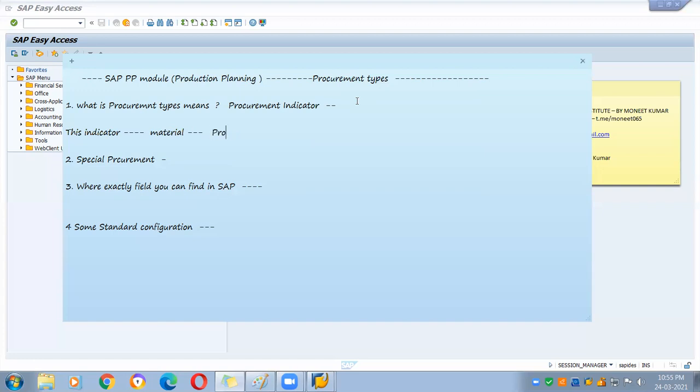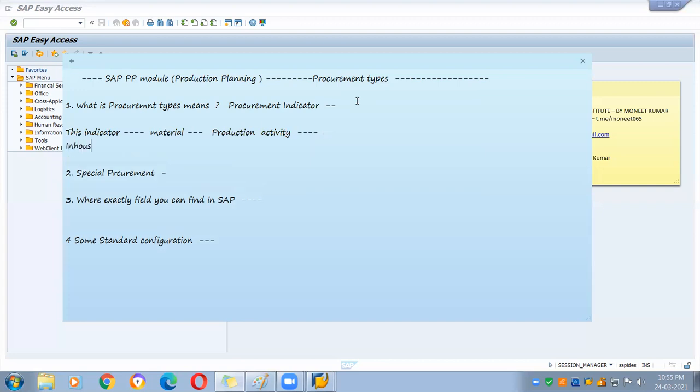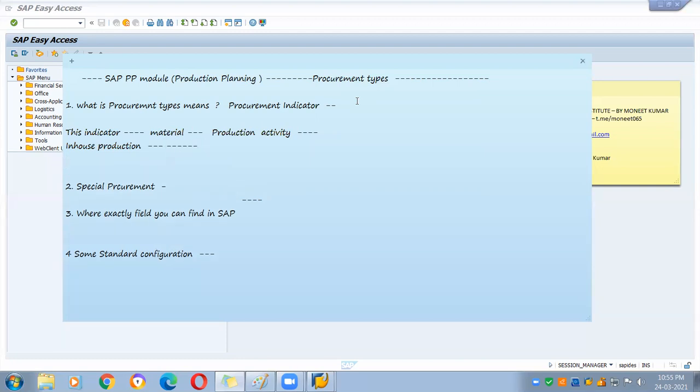So it will tell you about the production activity of this material, whether it is in-house production, where the company is manufacturing this product or material in its own plant, in its own company, or it is an external production or procurement.